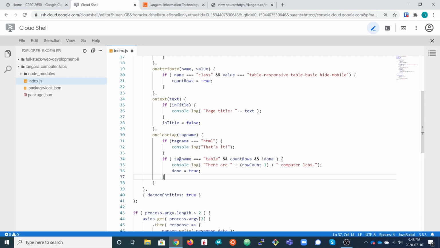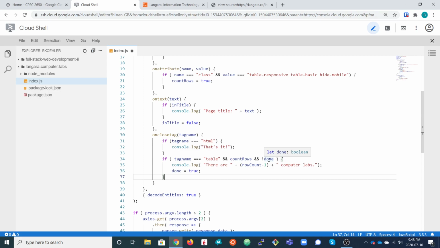And there it is. So we check the tag name is table. So we're on a closing table tag. And if we have been counting rows, and if the whole process is not done, not completed, so using the done flag variable, then we know we're at the end of that first table.